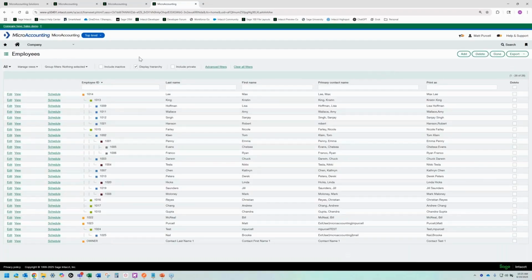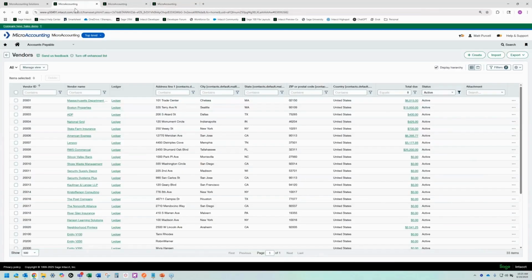Like employees, for example, the employees list view doesn't have this option yet. As you can see, there's no option to turn on the enhanced list up here. So some of the list views within Intacct do have this functionality, some don't. Like I mentioned, they're rolling it out to more and more objects as we speak. So if they're not available yet, just keep an eye out for it.